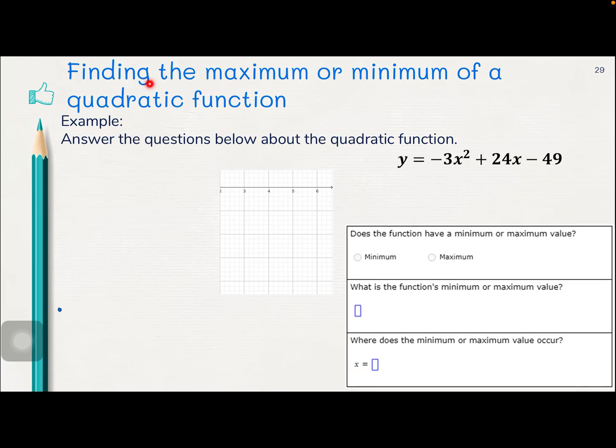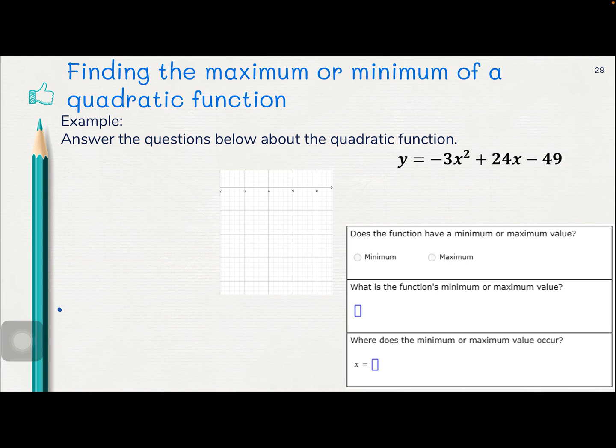Now let's see this topic, finding the maximum or minimum of a quadratic function. Answer the questions below about the quadratic function y equals minus 3x squared plus 24x minus 49. So we're going to answer these three questions from an analysis that I'm going to follow with this equation,